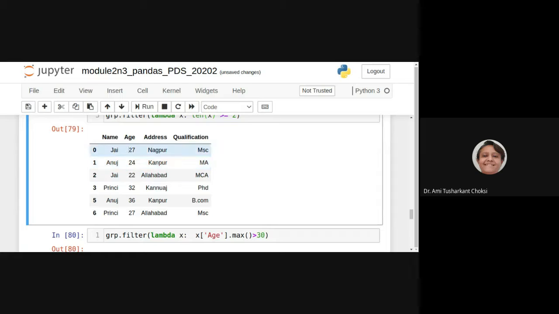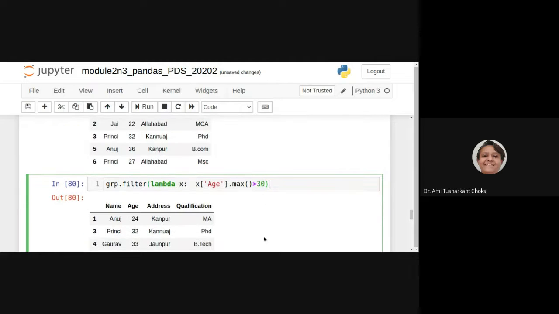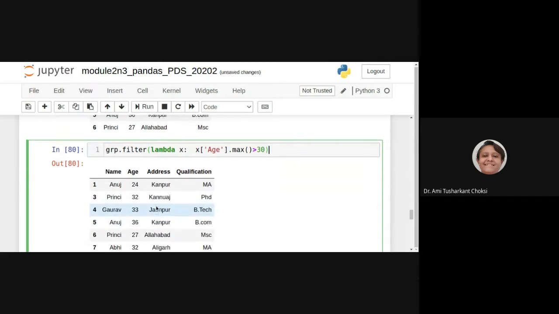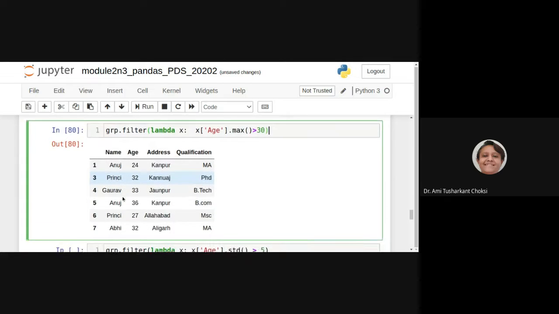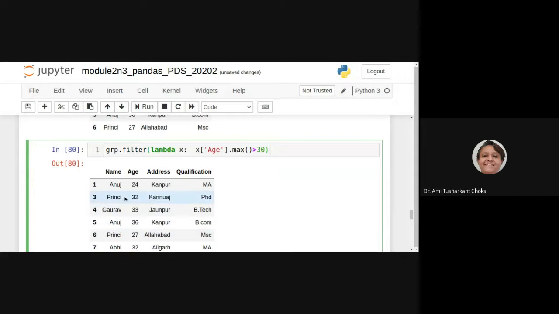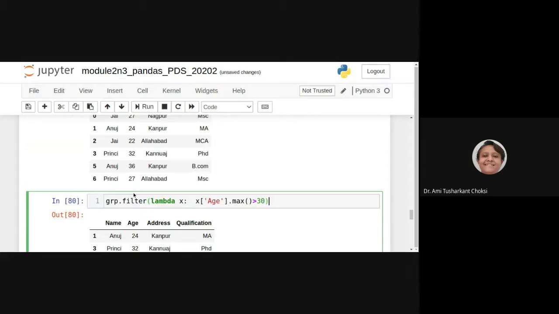For this, 22 and 27, what is the max? That is 27, which is less than 30, right? So it becomes false, so it doesn't show that. And what it doesn't show is 0 and 2, right? 0 and 2 is fine, that is a group only for us. So it is okay. For others, it displays.